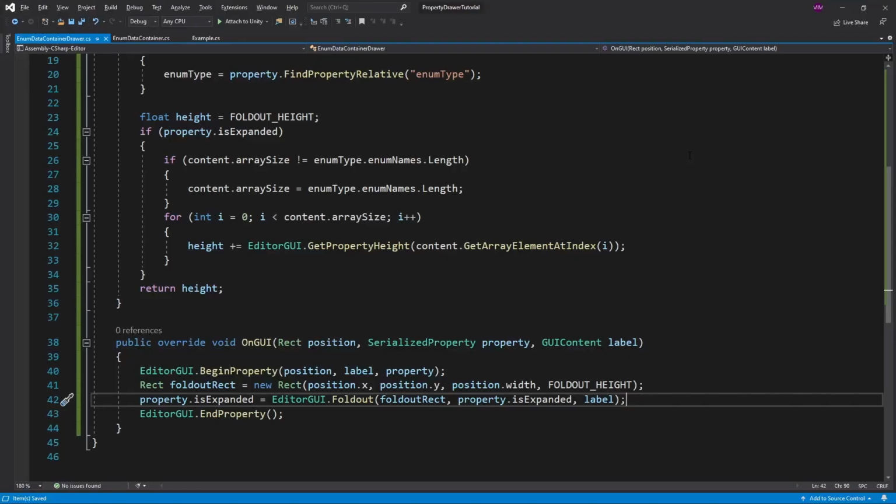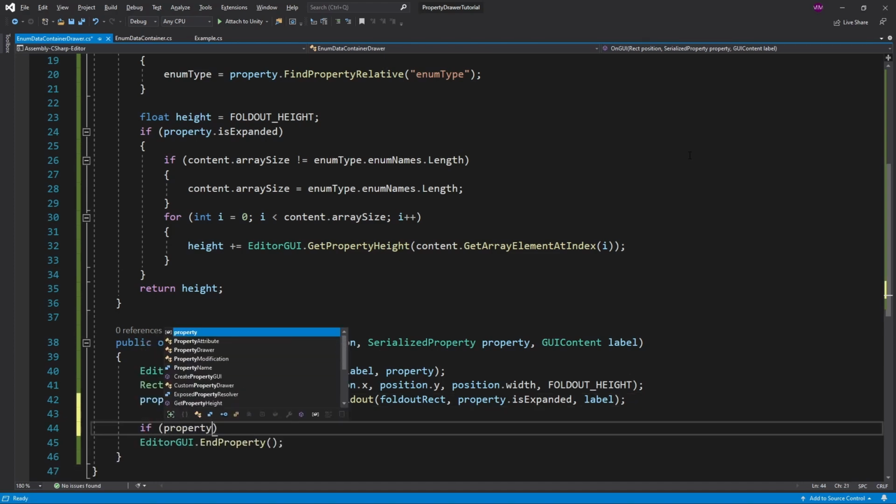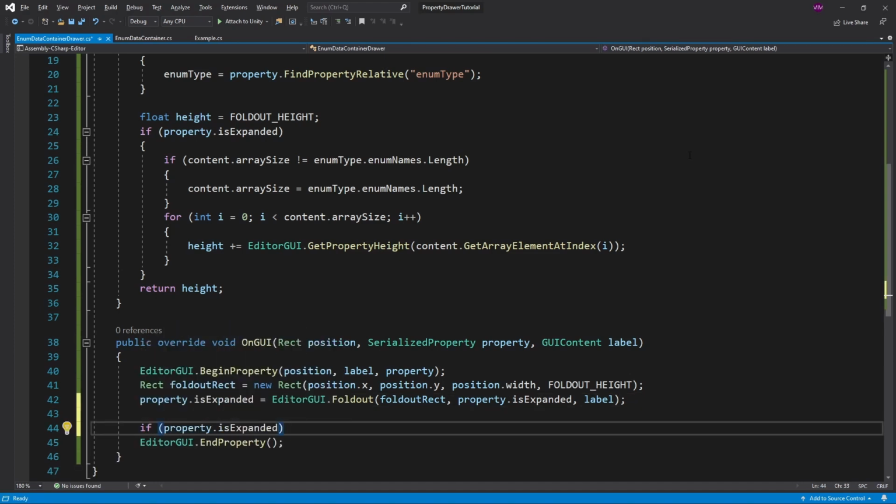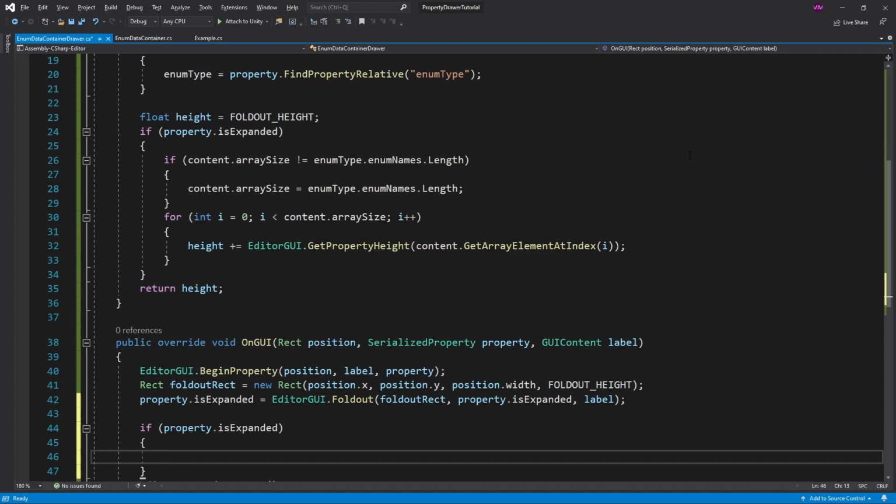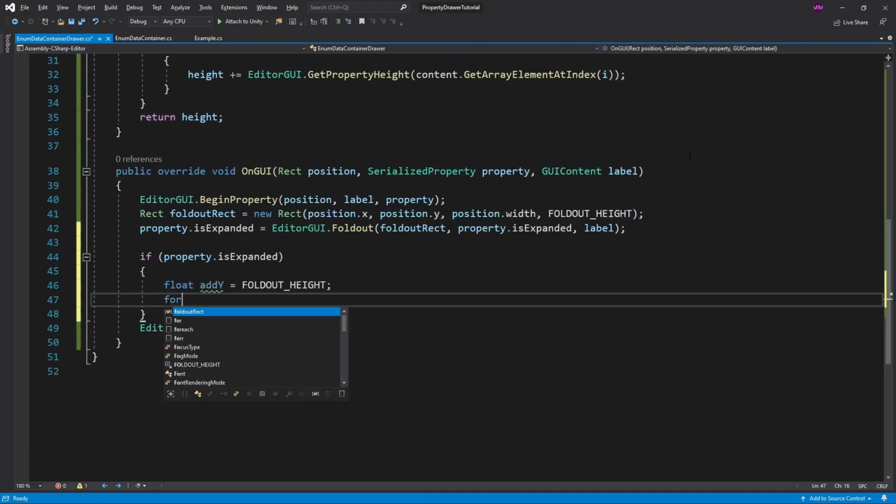If the foldout is collapsed, we're done. But if not, we need to draw the elements. So let's check that. We'll be using a loop to draw each item in content. And it'll be necessary to have a variable to keep track of our current Y position, as that will increase for each item. It'll be a float addY that starts at foldoutHeight, as we want to start drawing right under it. Let's make a for loop running to